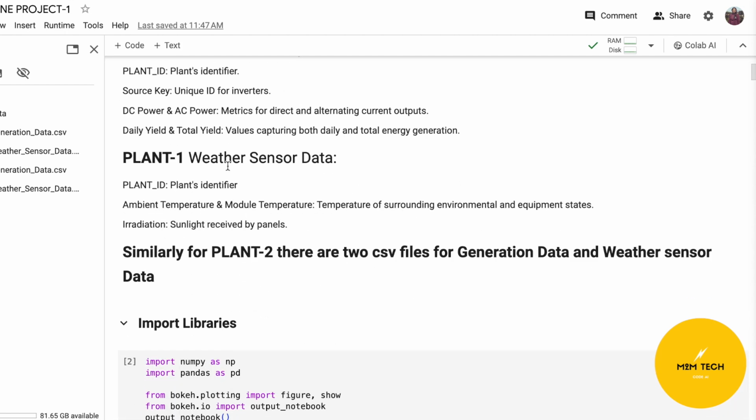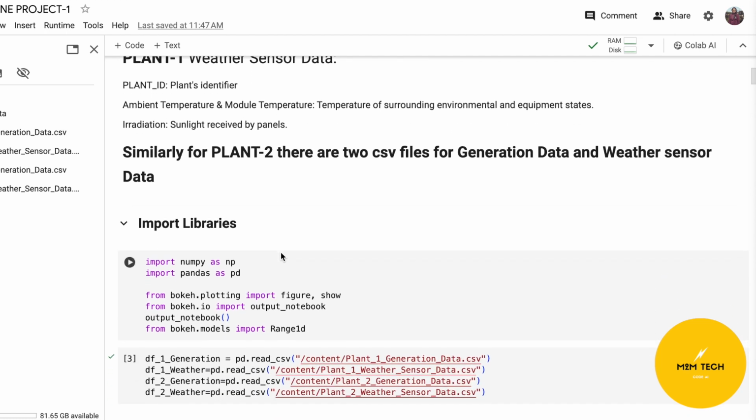Similarly, for the plant 1 weather sensor data, there are metrics like plant ID, ambient temperature, module temperature, which is the temperature of the surrounding environment and the equipment, and irradiation, which is the sunlight that is received by the panels. For this, I have imported my data using pandas and numpy,